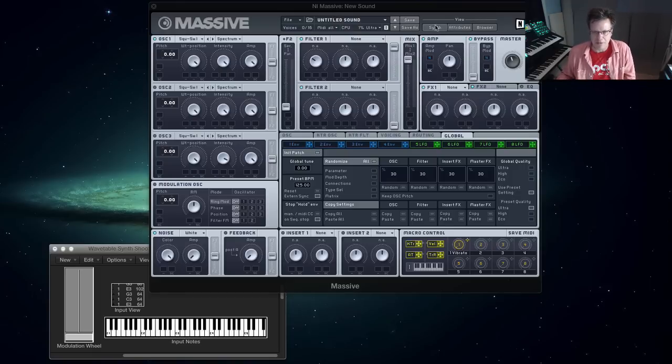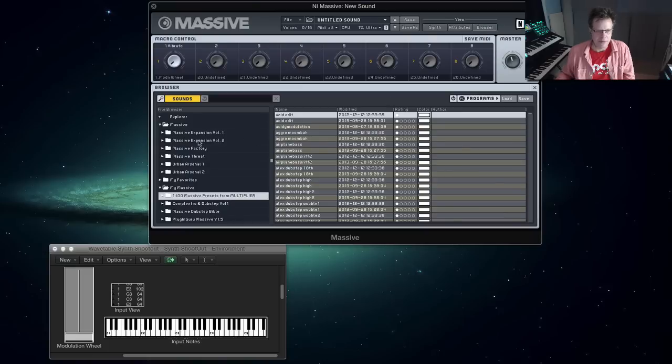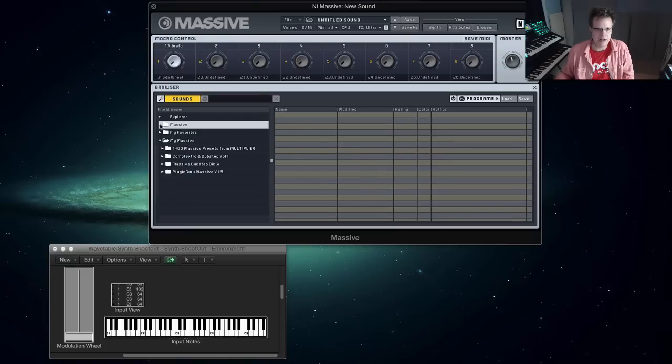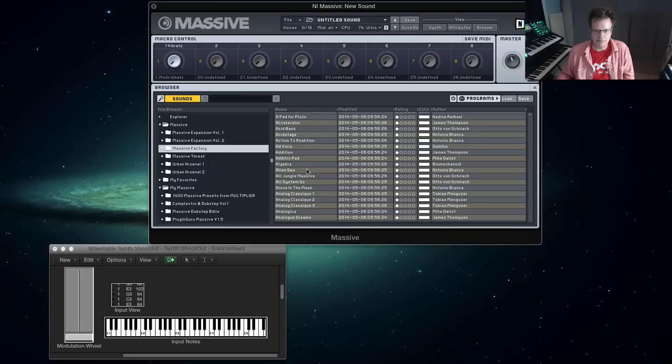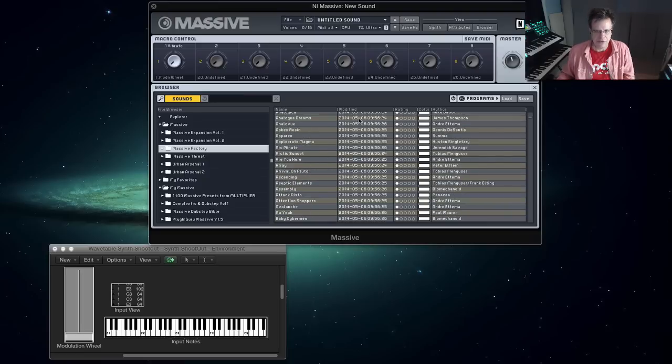just realize that the factory patches, if you go to the browser and you go up here to the top of the list here, it comes with a lot of sounds. The Massive factory patches are terribly, terribly old. They don't say so here in the modified because it went through and modified the database, but